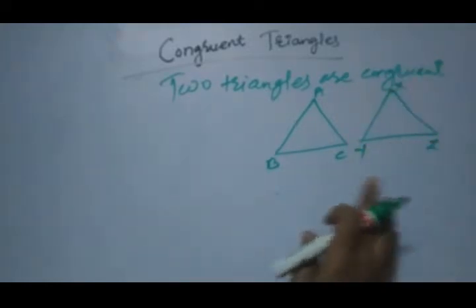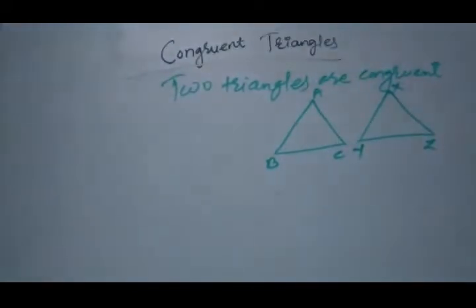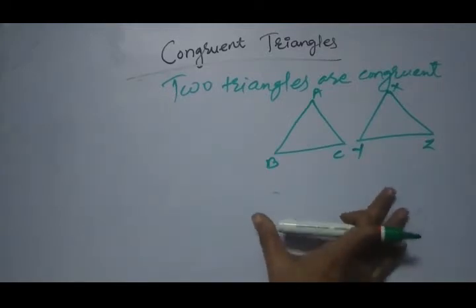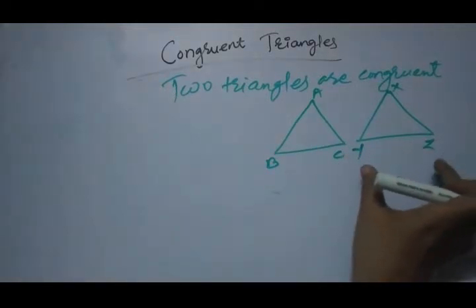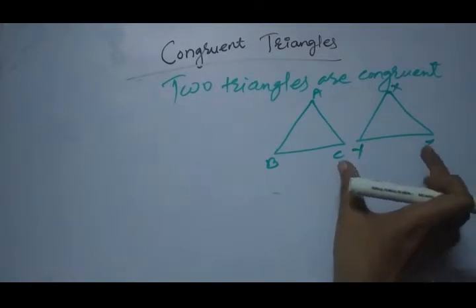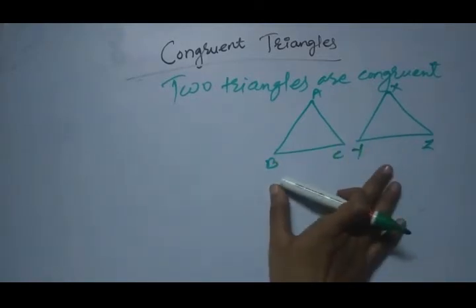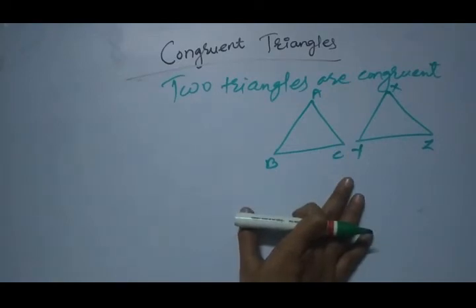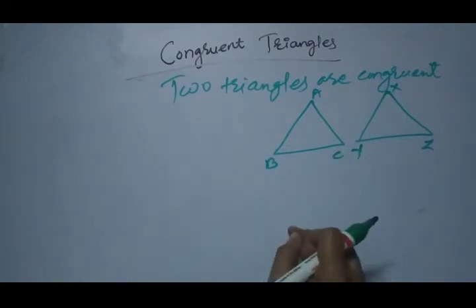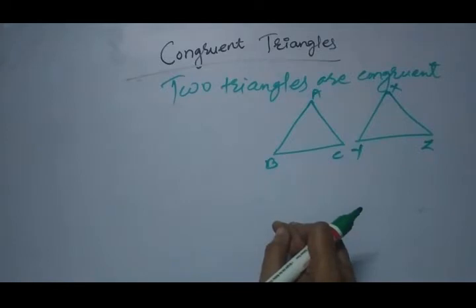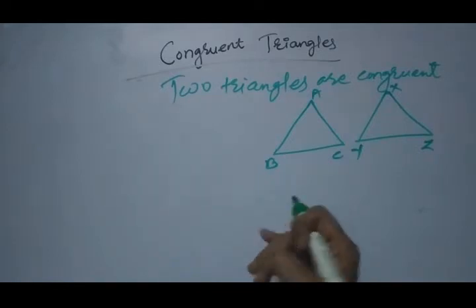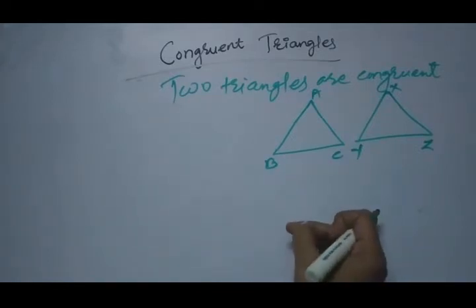So friends, if you want to show that these two triangles are congruent, then you need to show that their parts are congruent first of all. For this activity, you can make two triangles, trace them, cut them and place them over each other, then notice whether they are equal. But we cannot always use that method, so you have to go through the method of corresponding sides and corresponding angles.